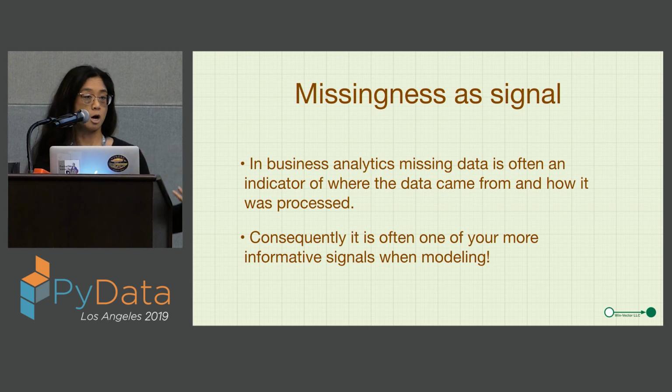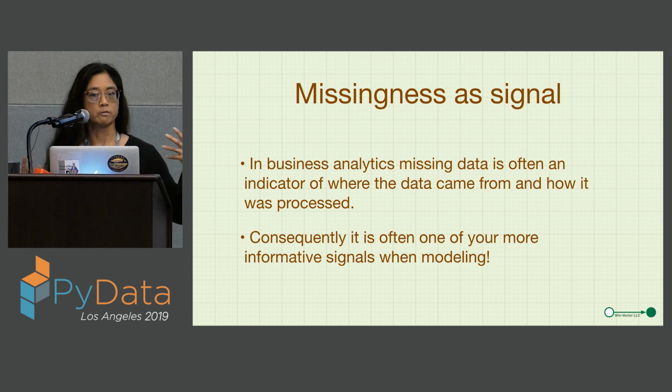And the reason that that might be is that often the data that you're collecting in order to do your job comes to you from a variety of different processes, and sometimes the difference in these processes manifests itself in missingness in some of the data. And that's kind of an implicit kind of information that's in the data. And by adding an explicit indicator variable, you've made that data explicit and therefore more accessible to downstream modeling algorithms. So consequently, these is-bad indicators can be sometimes the most informative variables in your data.